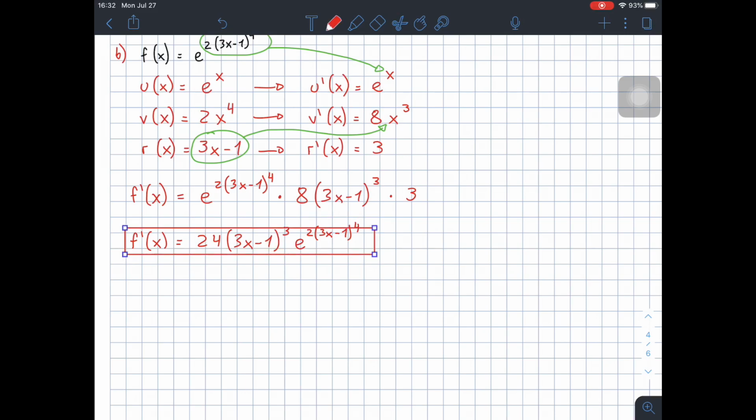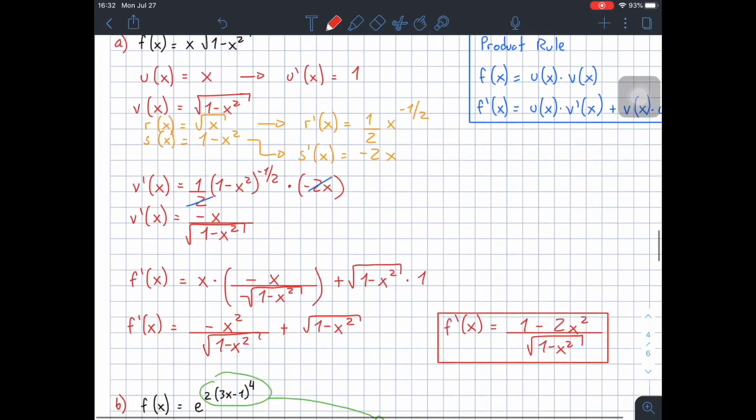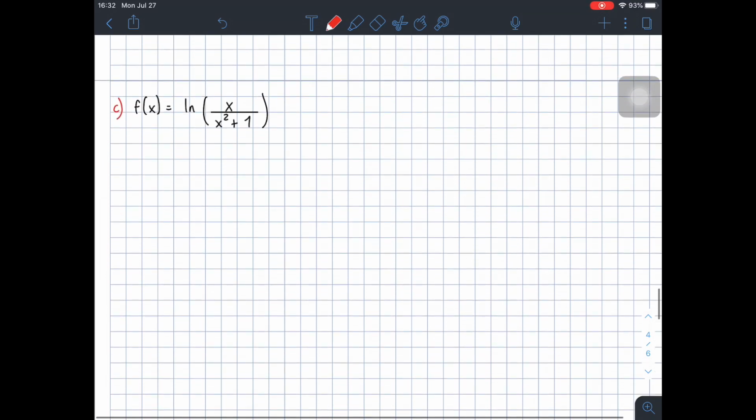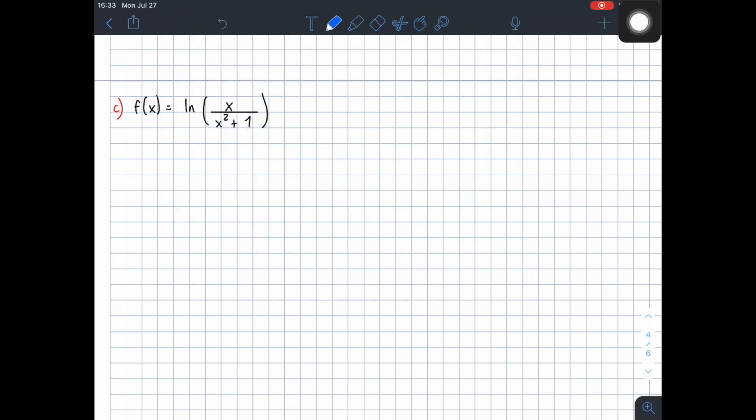There you go. Finally, we have one last exercise, which says f of x equals natural logarithm of x over x squared plus 1. Okay, in this case, once again, this is similar to the first one we did. We have both things. Inside, we have a quotient rule, and then we have a natural logarithm of all of that, right? So we will have to apply chain rule and quotient rule at the same time. Okay, so just to remember, the quotient rule